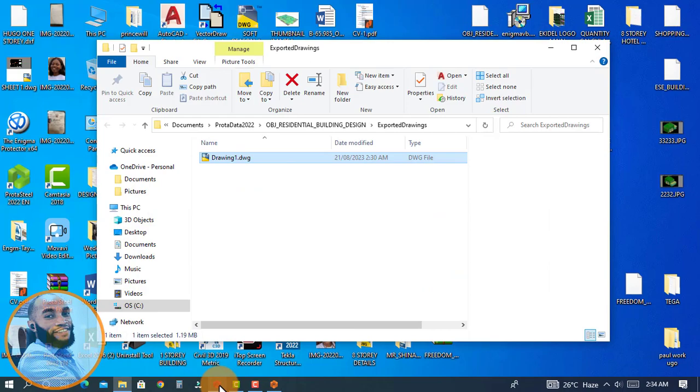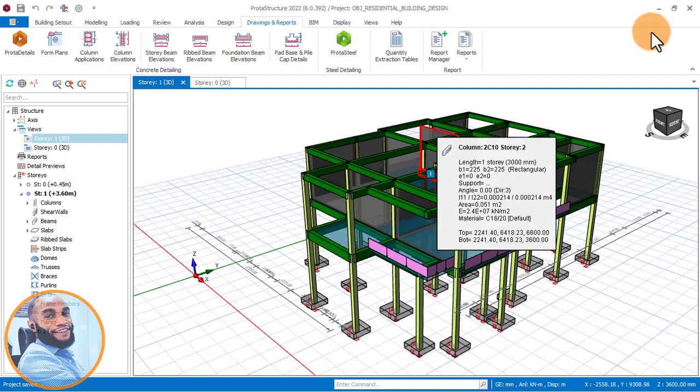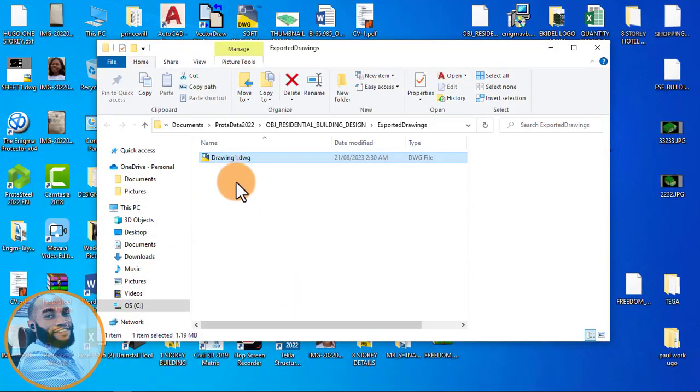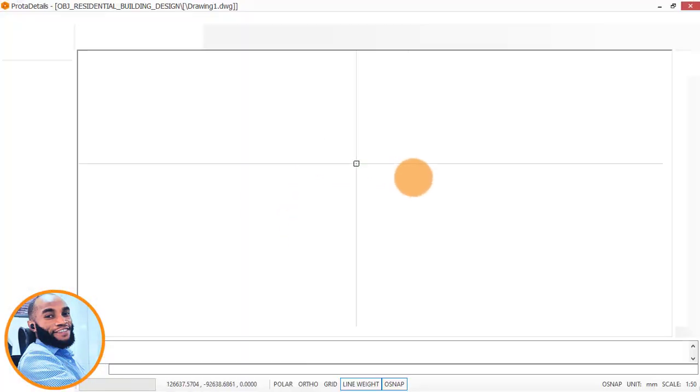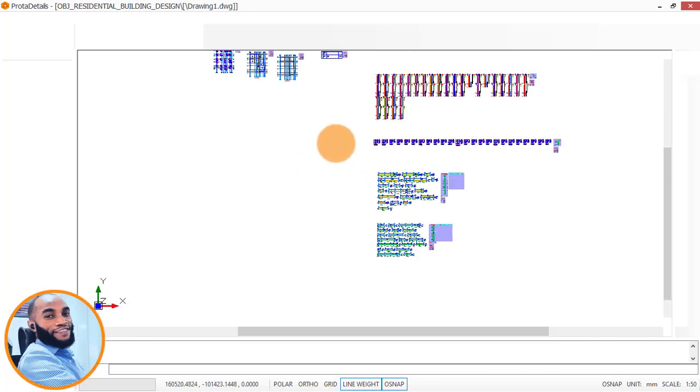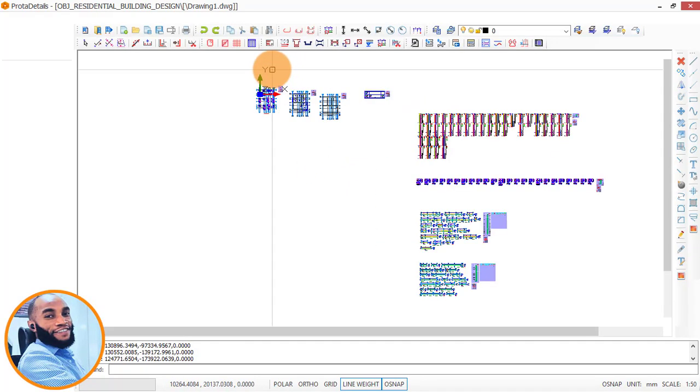So on my next video, I'll be showing you how to export this your drawing that is here down to Stonebridge template, and then begin to perfect your drawings, because basically this software doesn't give a good drawing to standard,